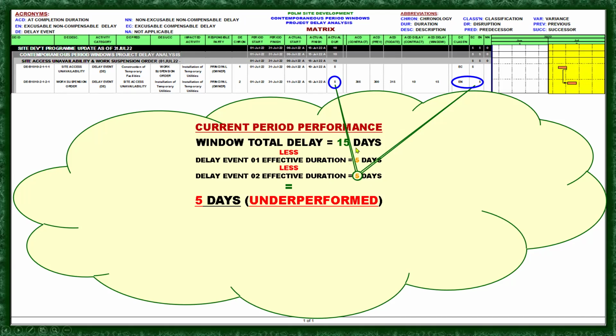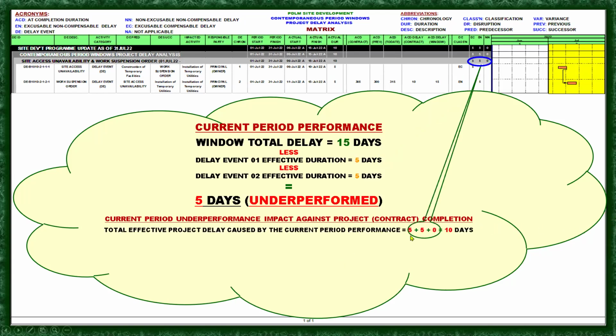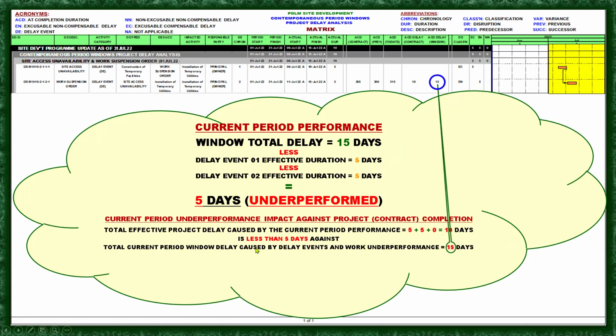So that means there is a remaining 5 days, and who will be responsible for the remaining 5 days? Of course, it is apparent that it should be the performance of the contractor. Okay, so that is 5 days. So current period underperformance impact against project contract completion: total effective project delay caused by the current period performance is 5 plus 5 plus 0 equals 10 days, okay, which is less than 5 days against the total current period window delay caused by the delay events and work underperformance, which is